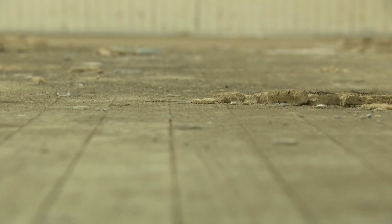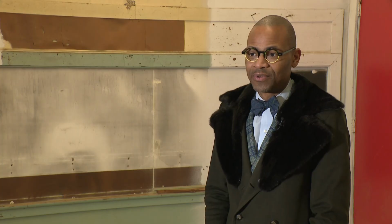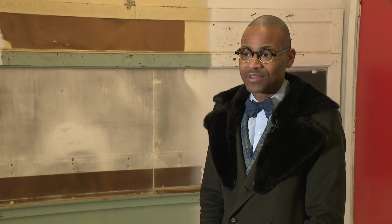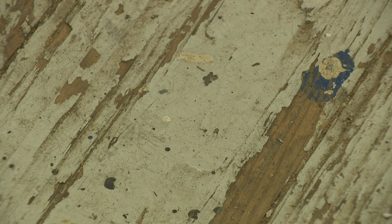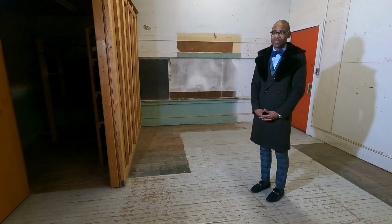a museum as well. There's a lot of people in Elkton right now that don't even know that this school even existed. There's a lot of people in Elkton who didn't know that this was an all-black school. The building is truly an artifact. Morgan State professor and project architect Dale Green says the many layers of the building will inform the restoration process. Seeking to preserve this place really sends a signal to the community that this place mattered and that this place